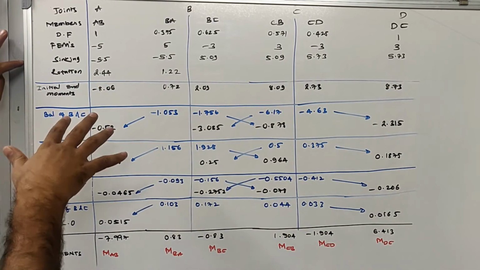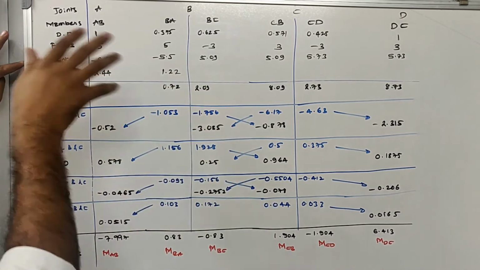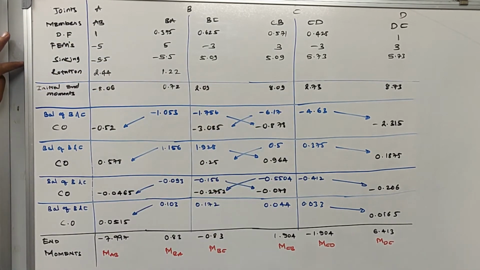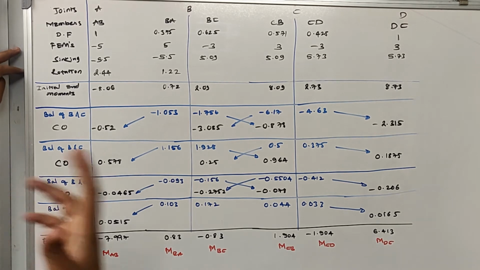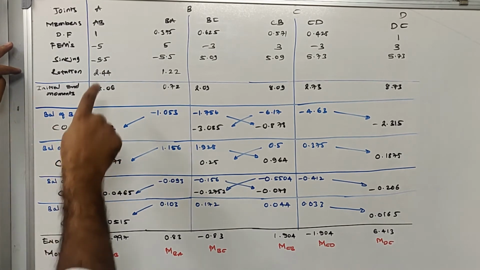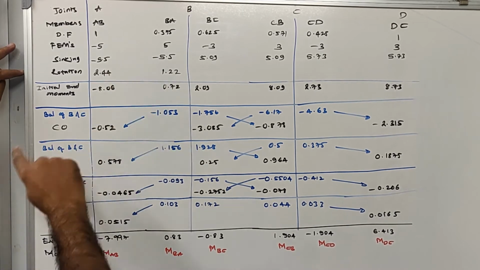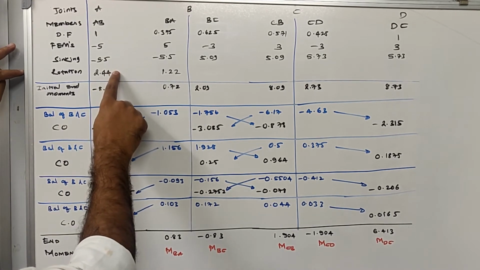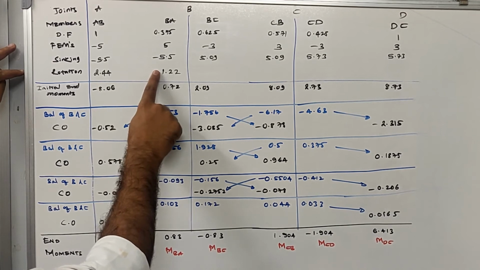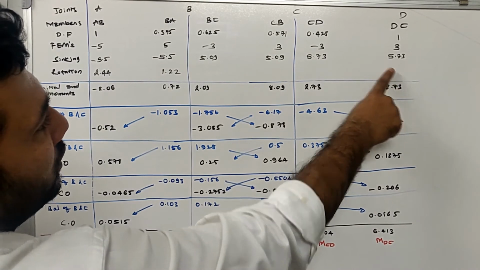So we need to substitute all those values in this row. Once you write down all the moments due to sinking, the next step is to account for the rotation. As we know, there is only one rotation that was given to you, the rotation at end A. If a rotation is applied at end A, two moments will be created: one moment at the near end and one moment at the far end. I hope you remember that we have solved these two also. This is your 4EIθA divided by LAB. This is your 2EIθA divided by LAB. Similarly, if there was a rotation on the D end also, we would have written it here.